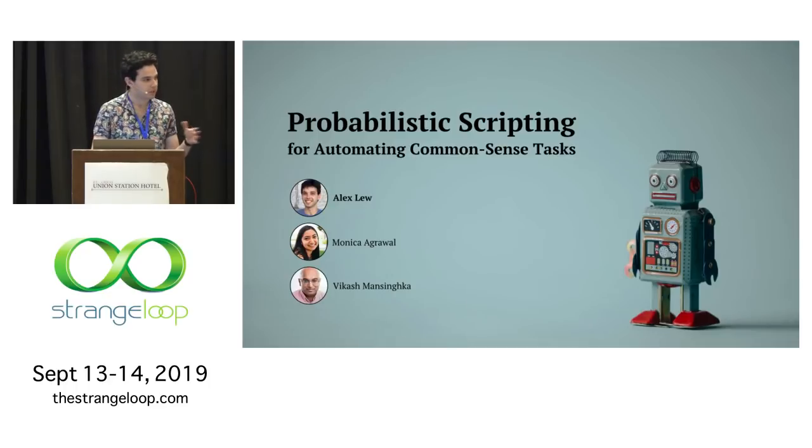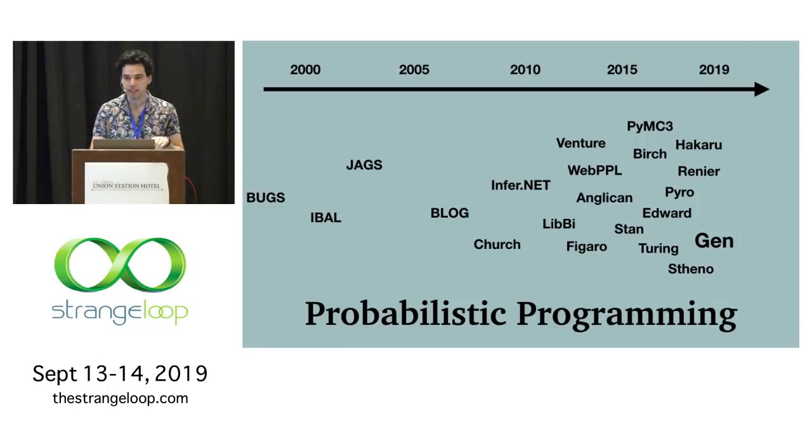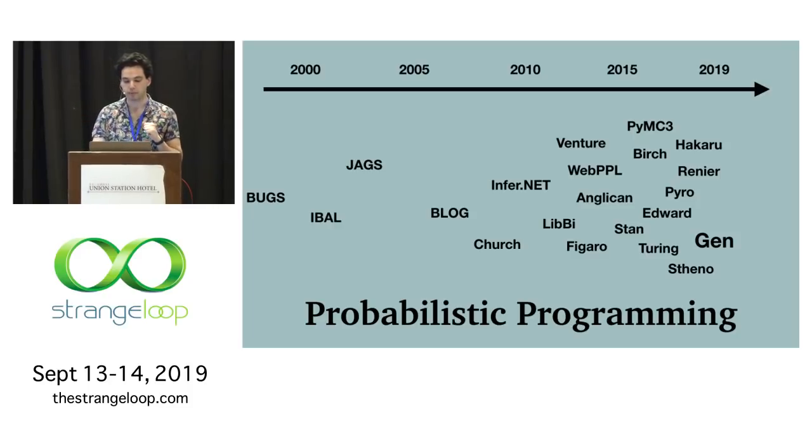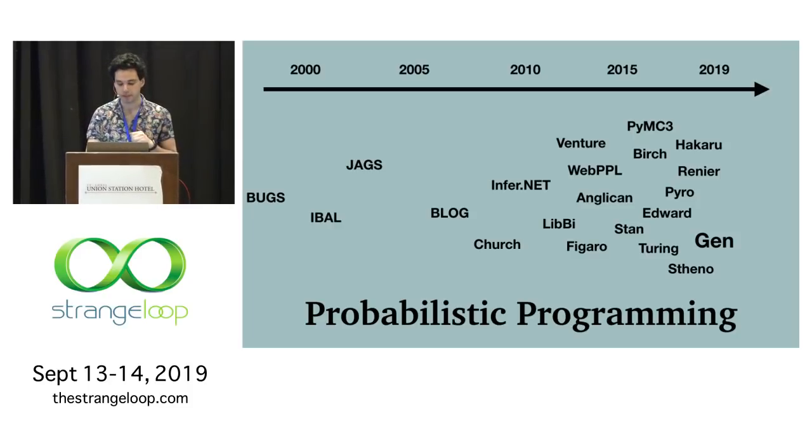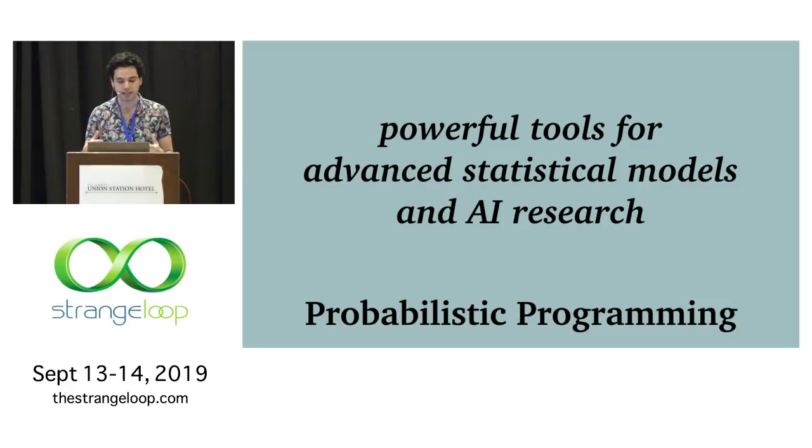I'm going to expand on this quite a bit throughout the talk, but the basic idea is this. In the past couple of decades, and especially the last 5 years or so, we've seen an emerging technology called probabilistic programming really begin to take off. There's been a whole suite of tools called probabilistic programming languages that have been developed, and they've primarily been aimed at making it easier to create sophisticated statistical models and AI research. But the core insights that power probabilistic programming and the tools themselves are more broadly applicable than that.